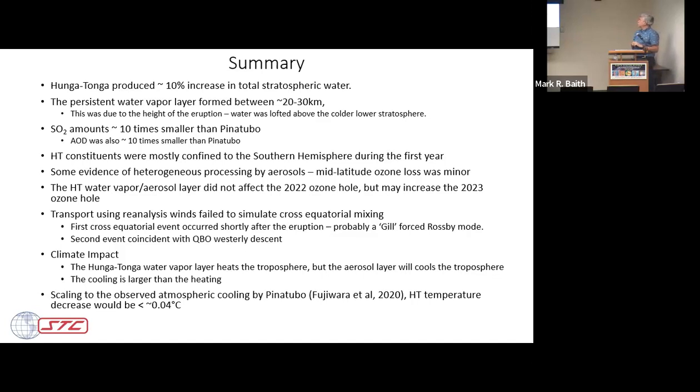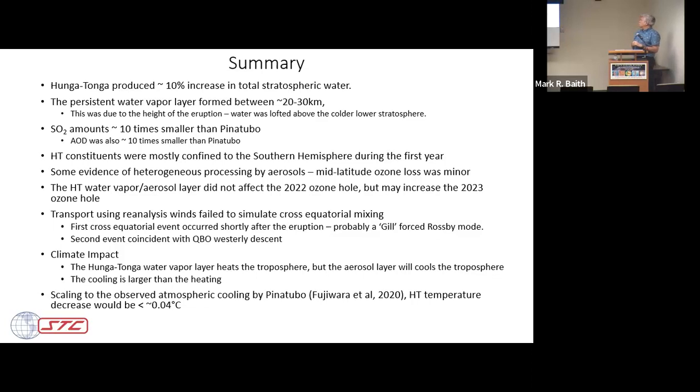There's some evidence of heterogeneous aerosol processing in the MLS data, from the high chlorine monoxide values and loss of HCl, which is the reservoir gas. Mid-latitude ozone loss appears to be minor or buried by the QBO changes. The Hunga-Tonga water vapor and aerosol layer did not affect the 2022 ozone hole, but it may have increased ozone loss in 2023. We're still in the middle of that ozone hole, so we don't know yet, but it may